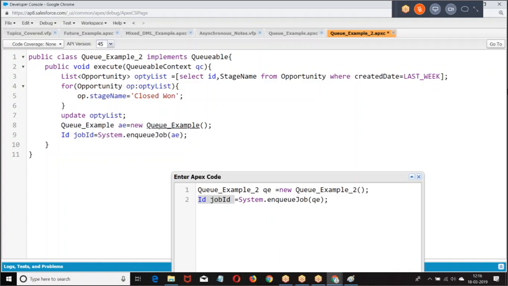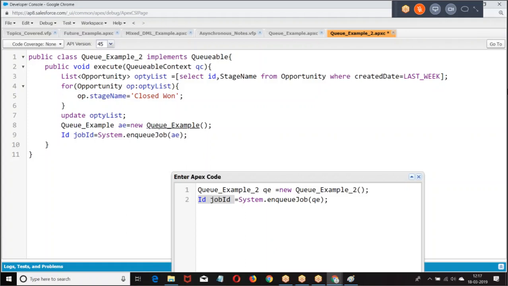Then I will go for queue. In the first queue, call the second queue. In the second queue, call the third queue. In the third queue, call the fourth queue. How are they running? One after the other. So if you want to run jobs one after the other, asynchronously, queue will be helpful. Apart from this, in all the other places, I'll use only future. The only core objective of going for a queue is if you want to run asynchronous operations one after the other. In the rest of the places, I'll use future, because both of them are the same, and it is easier for me to define a method compared to a class.